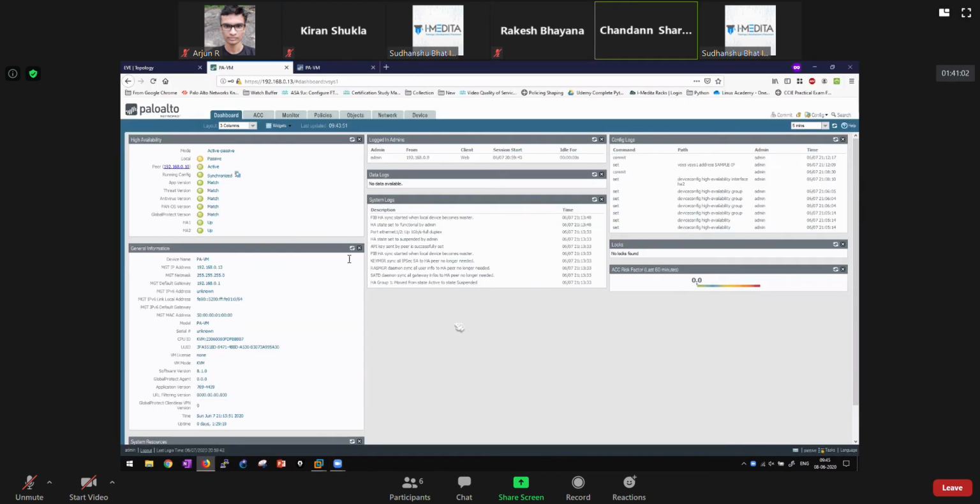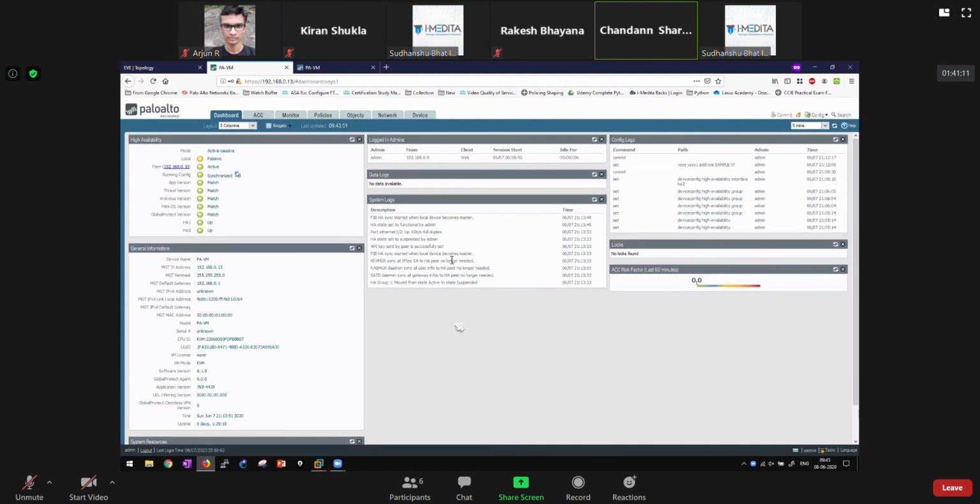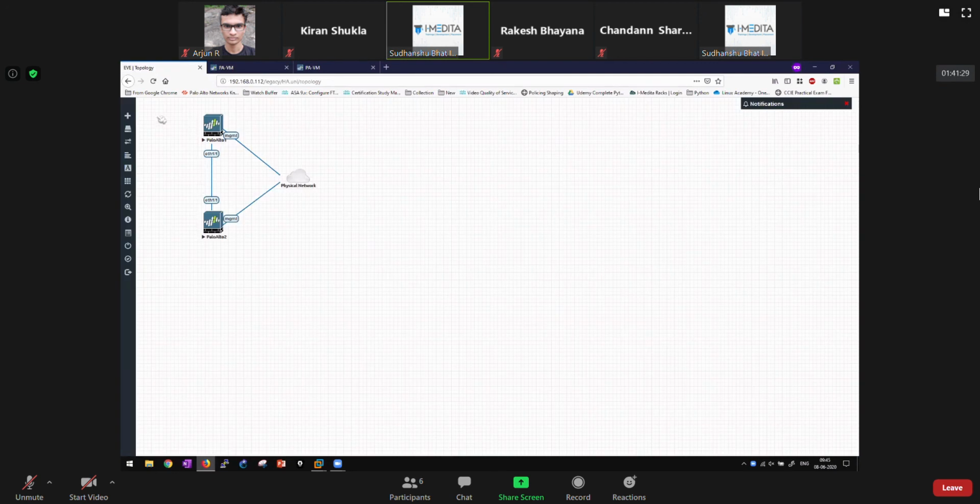Sudhanshu, in hardware failure conditions, suppose one device failed related to hardware, and if we deploy any new hardware after replacing, what do we have to take note of? See, if you are replacing a firewall, suppose here Palo Alto 1 and 2 are being used and this went bad, and now we brought in another firewall and we are adding it here.